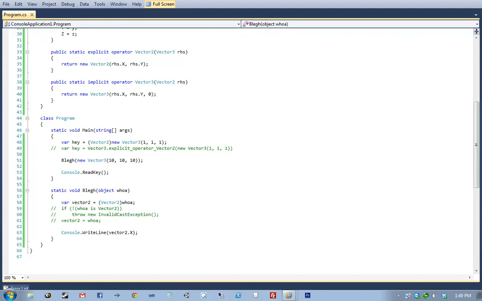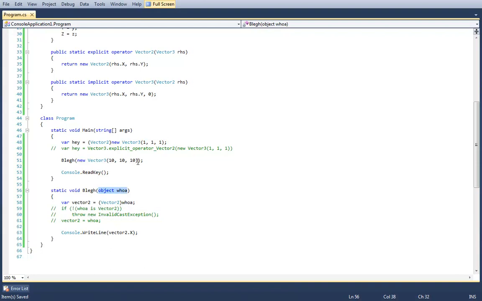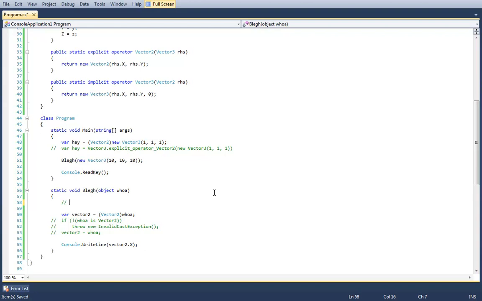Do you see what Wolf just asked? And in ble, that doesn't happen because it doesn't have a new vector 3. Kind of, sort of. In ble, it doesn't happen because the compile time type of the parameter is an object. And basically what happens is this is the runtime code, by the way. Here's what the compiler is thinking.